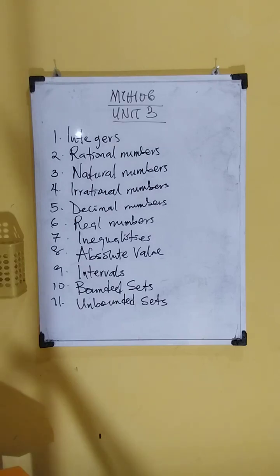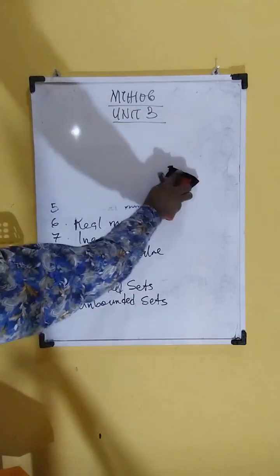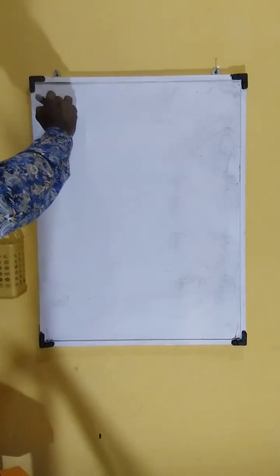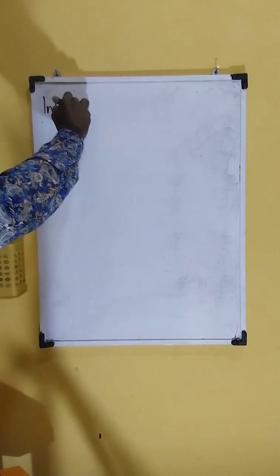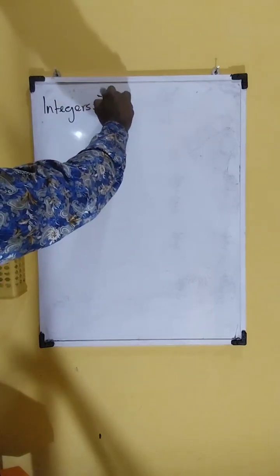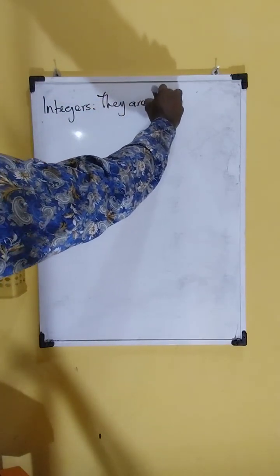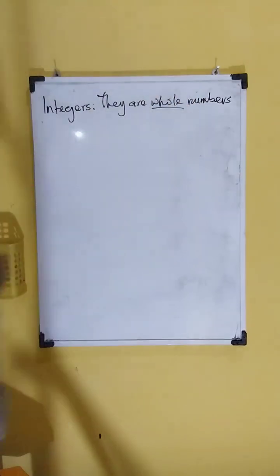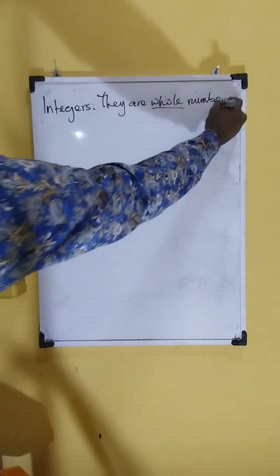So the first we want to take now, we are going to take the first one. So, integers. Integers are whole numbers. I want you to take note of that. Integers are whole numbers, and